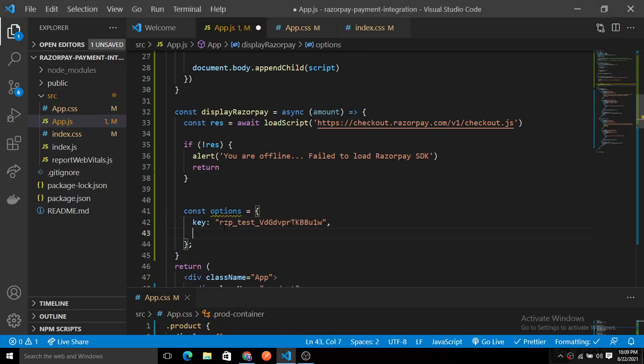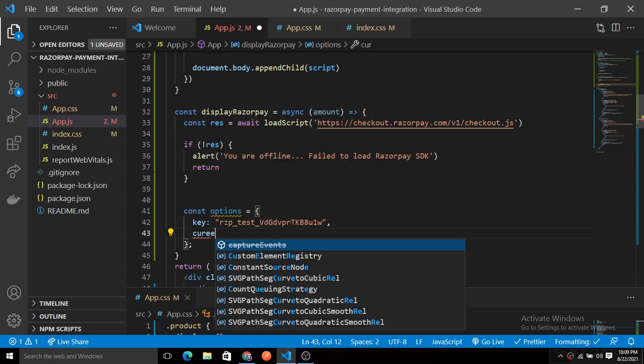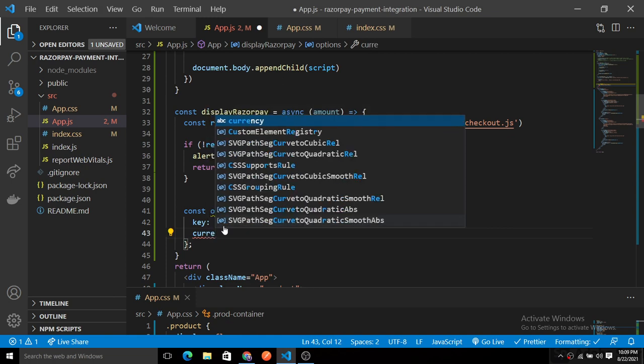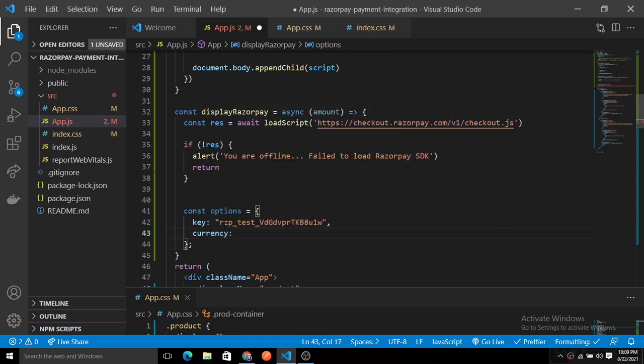Then you will have to provide the currency. So the currency would be INR, or you can simply put USD also. The currency is INR, and then you just put here the amount. So basically the amount is taken in paisa, the lower denomination of rupees.